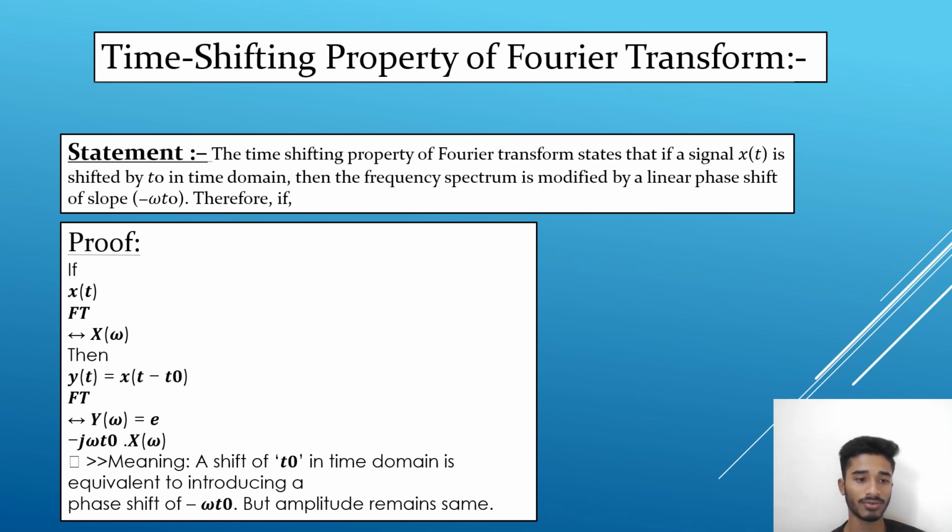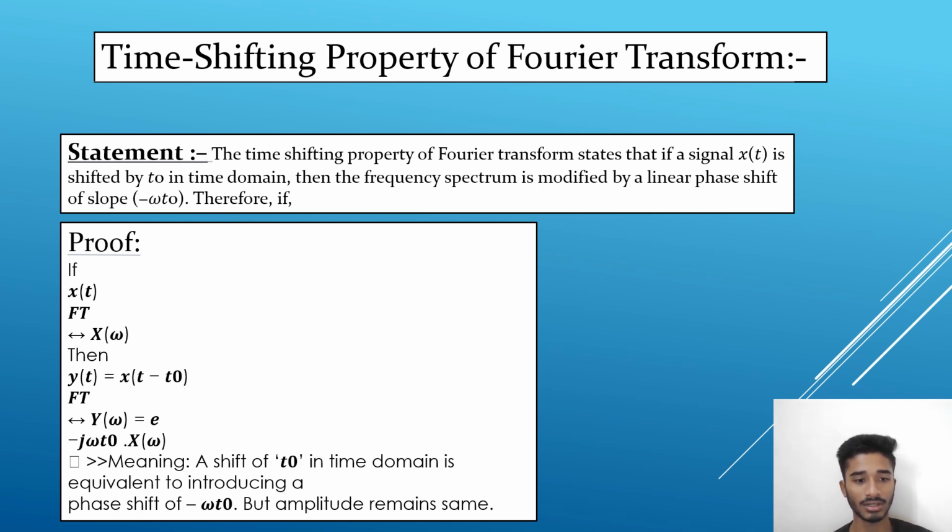Therefore, if the Fourier transform of x of t is equal to X of omega, then for y of t equal to x of t minus t naught, the Fourier transform is Y of omega equal to e power minus j omega t naught into X of omega. So what they are saying is